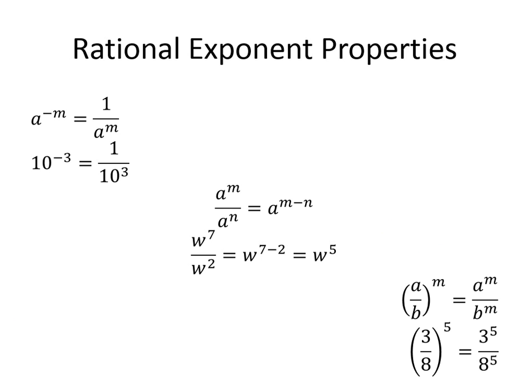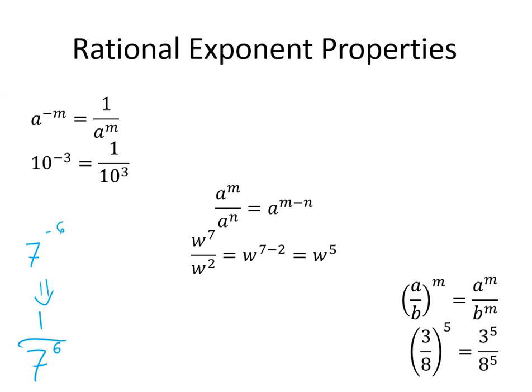So now here's a couple other properties that we have. If we have a base taken to a negative power, we put that base and that power in the denominator. So here we have 10 to the negative third. That would be 1 over 10 to the third. Okay. If we have 7 to the negative sixth, that would be 1 over 7 to the sixth. Okay. So the negative puts it in the denominator.